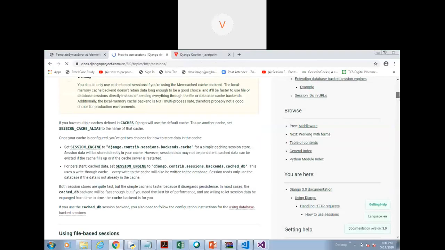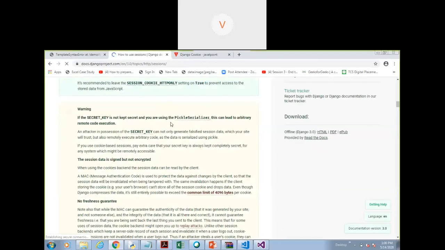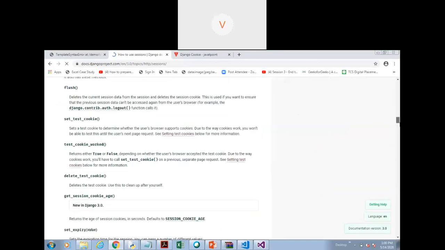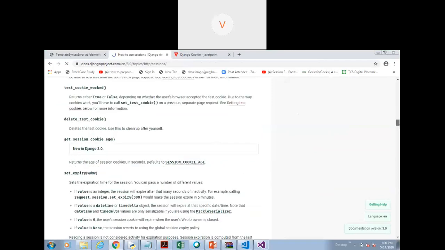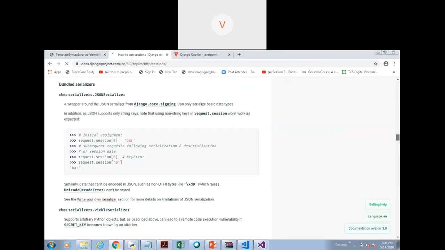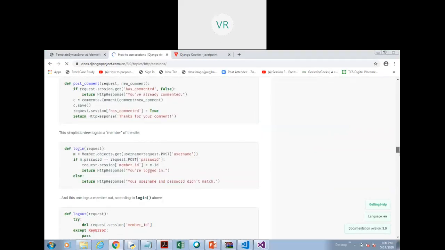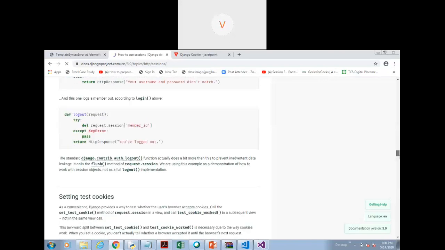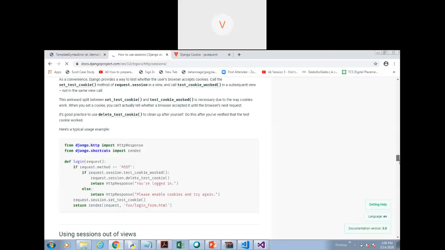So there we were also using the secret key concept. Here it is not required. Request dot session store the value, and how to fetch the value is request dot session and the key, that is the syntax only I am using.